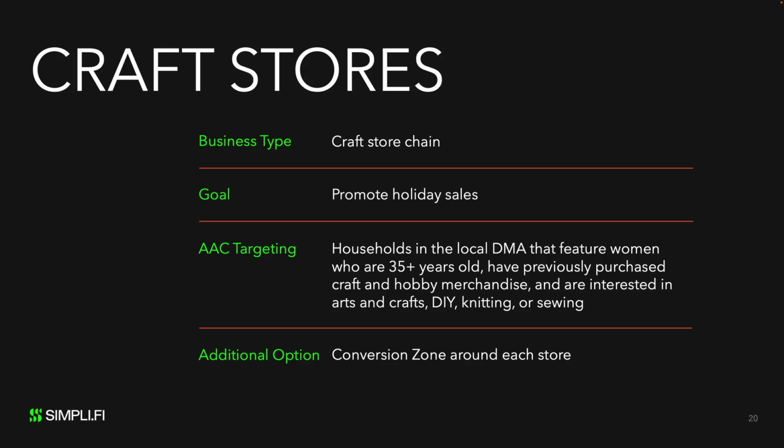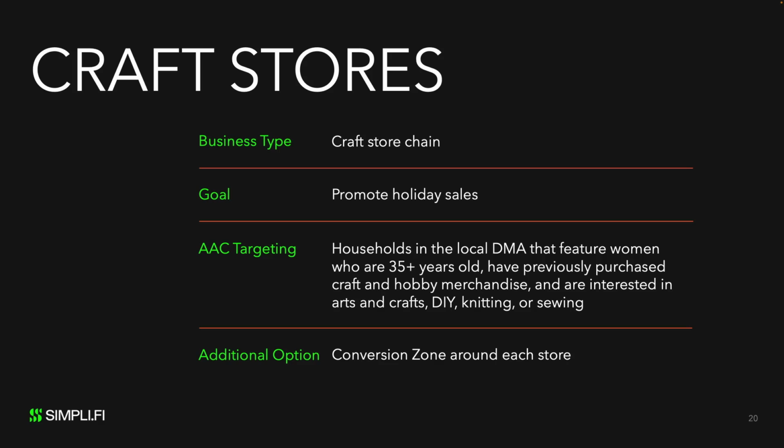Now, by the way, notice I said and or. So generally speaking, using and means that the target audience would have to qualify for all of the variables that you've listed. And that could mean that you get so specific that you end up with a small audience. Using or means the person could like arts and crafts or knitting, meaning you would have more targets available to you. So if you submit an audience to us and it isn't big enough, maybe we're struggling to deliver, then switching a simple and to an or could open up that audience a lot and make it possible to deliver the campaign in full.